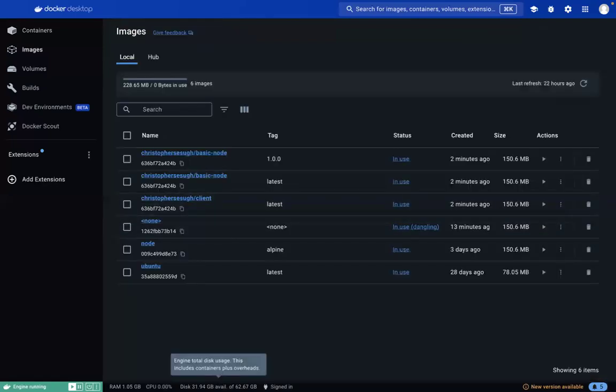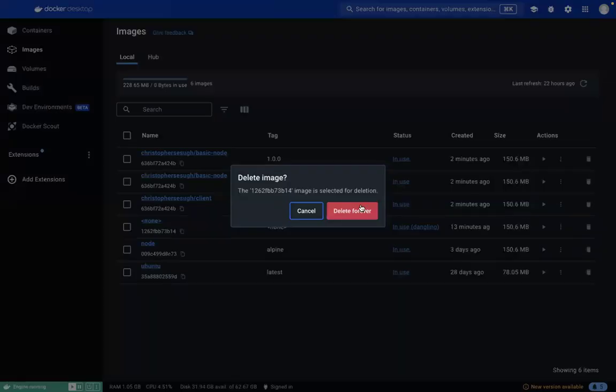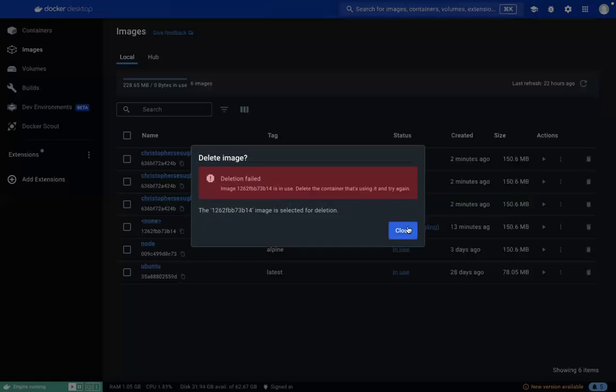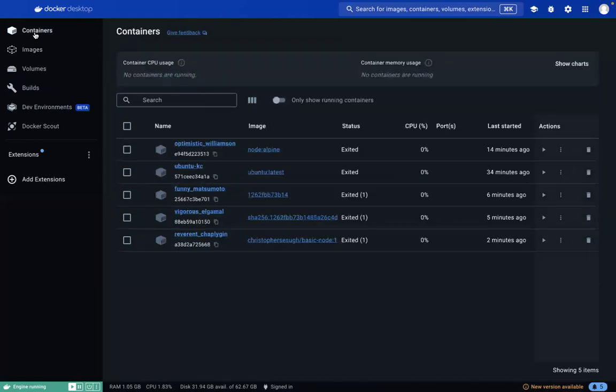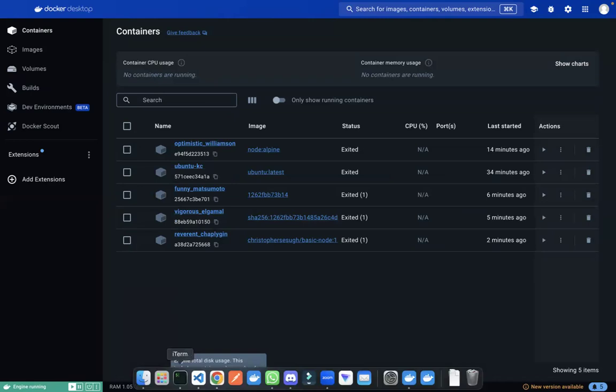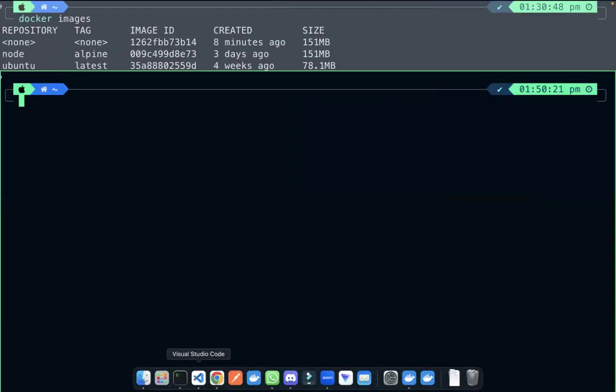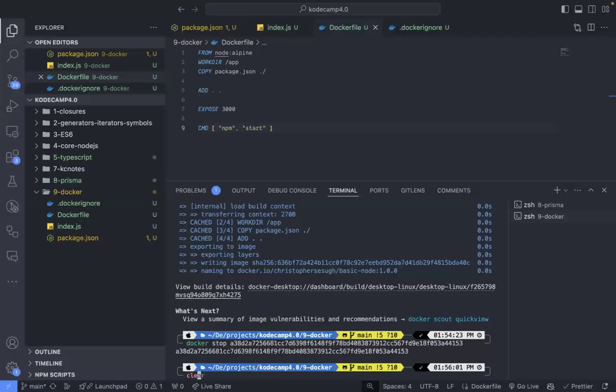So we have a whole lot of containers over here. You can delete this one, delete forever. Okay, these are images, not containers, please. You can come over here. We have run. Now you can run a container with a name. So we actually built our image, we gave it a name, and then we can see